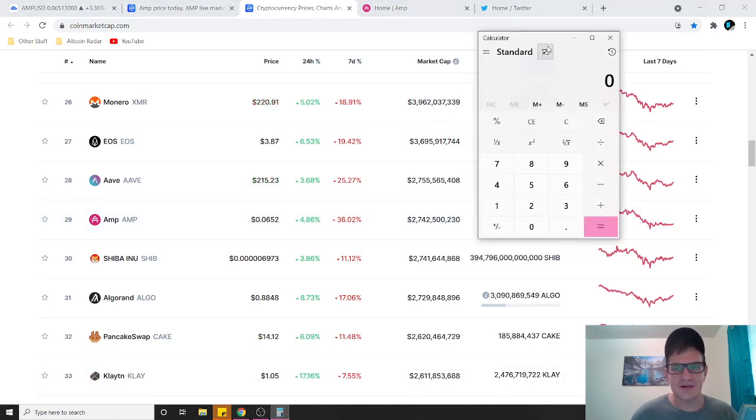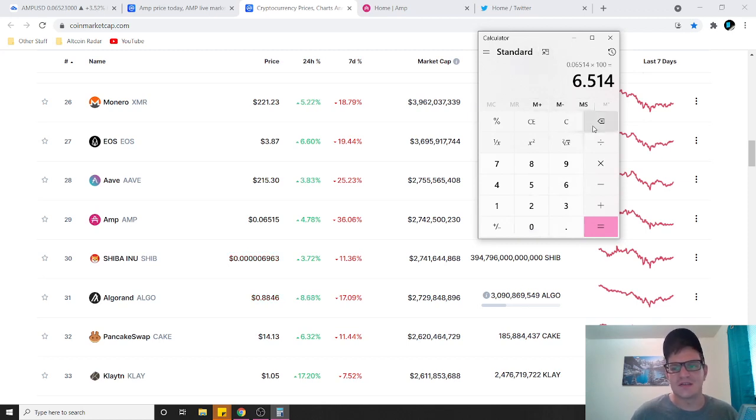All right, so I've got my calculator here. Currently, AMP is trading for about 6.5 cents, so we're going to plug that number in right now: 0.06514. We are first going to see if it's possible for AMP to 100x in the future. So we will multiply its current price by 100, and it equals